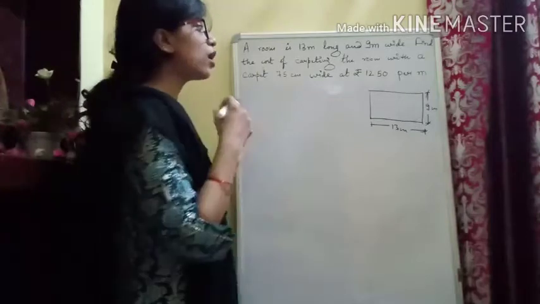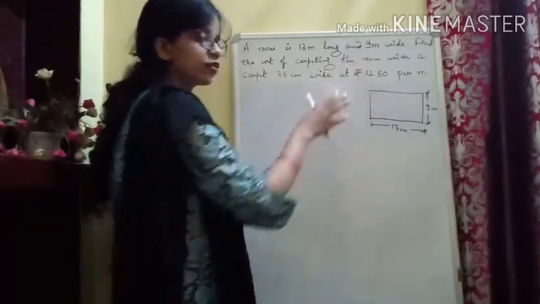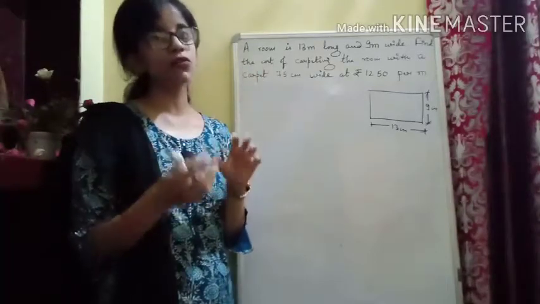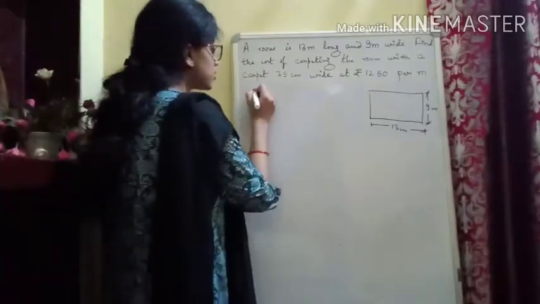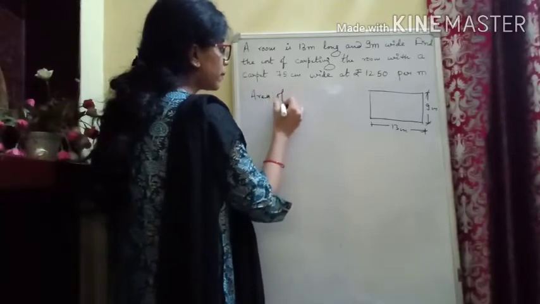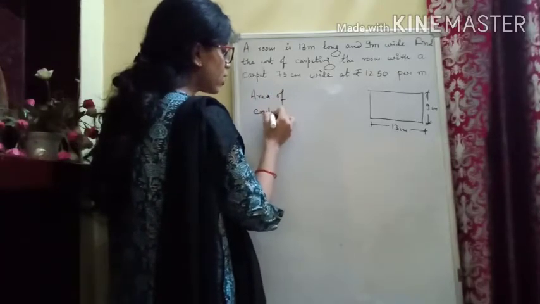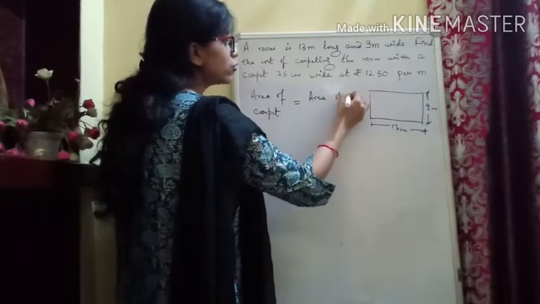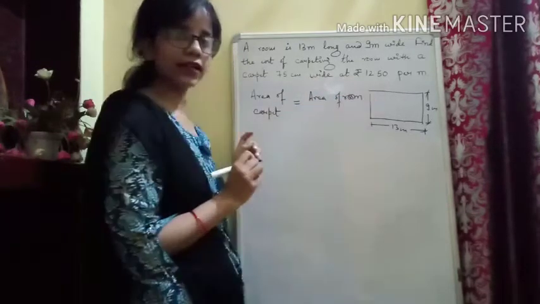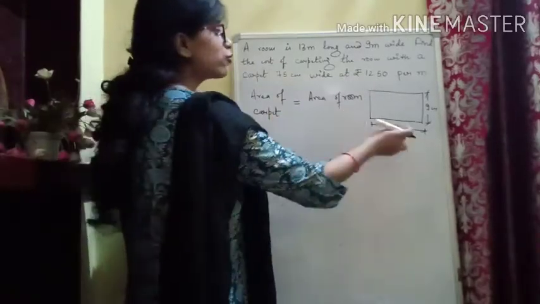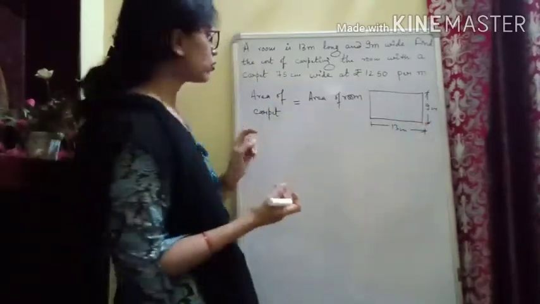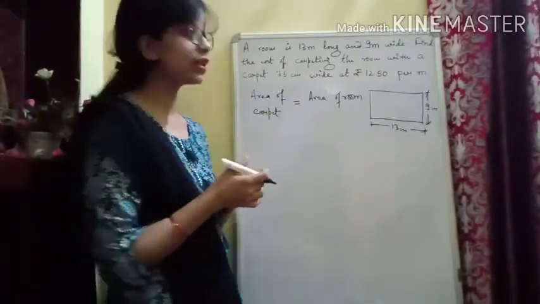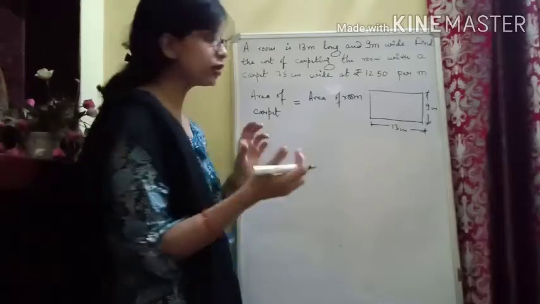Simple, it is that whatever is the area of the room, to fulfill that area we want the carpet. That means the area of carpet, the carpet we are going to take, should be equal to the area of the room, correct? Now we know that area of room would be length into breadth. It is a rectangular room. And now area of carpet, that would be length into breadth. We don't know what is the length of carpet because that's what we want to calculate.